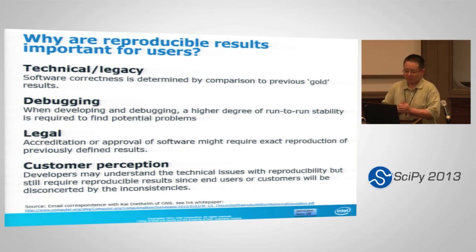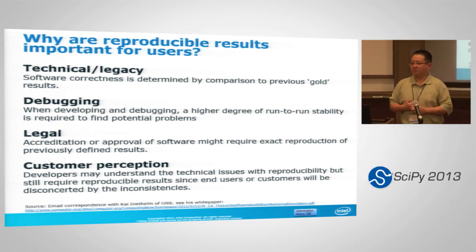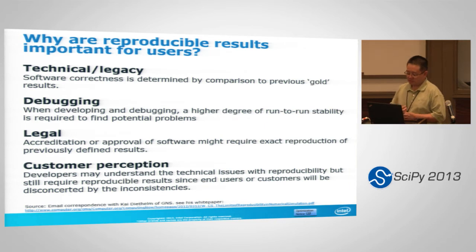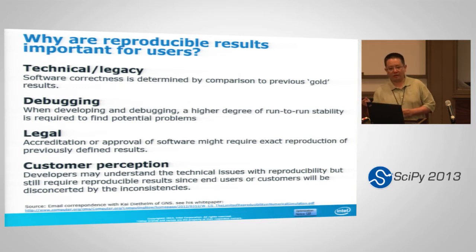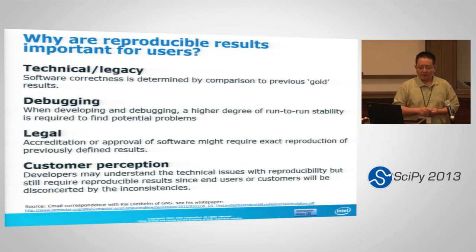Another reason is that sometimes this makes debugging a little bit difficult. For example, in a certain kind of simulation, you want to replay the simulation that you did 5 years ago, and sometimes it doesn't come out exactly the same. So you're not sure whether it's because some bug was introduced in the past 5 years or because of something else, right?